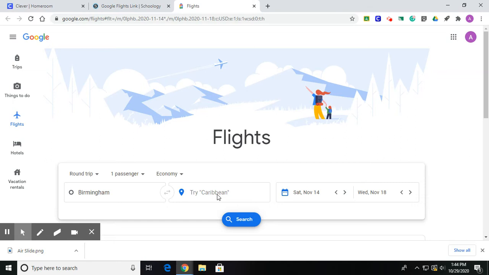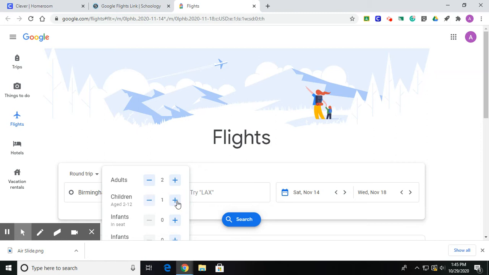Now, some things that you need to do before you type in your location is you need to make sure that these fields are correct. So your round trip, yes, you do want to go on your dream vacation and you do want to return back home. So keep it at round trip. And then on passengers, make sure you fix this because this makes a big difference on your price. Your clients are not traveling by themselves, so one passenger is not correct. This is a family of 4, so you need to change this to 2 adults